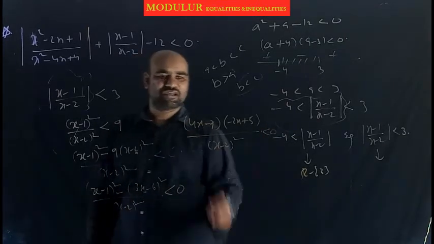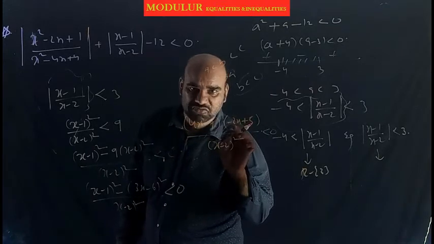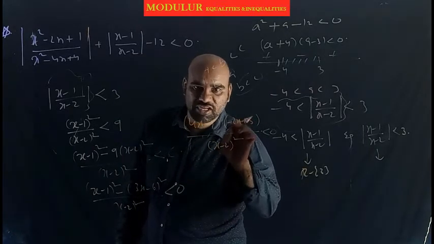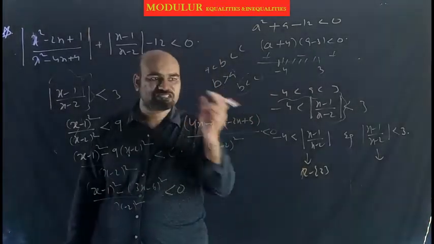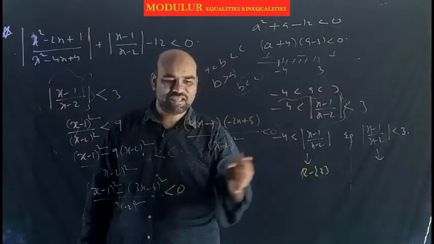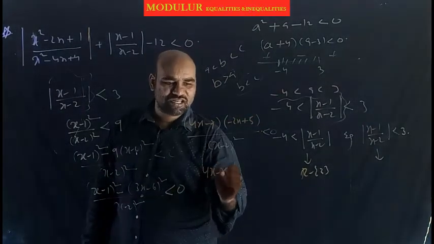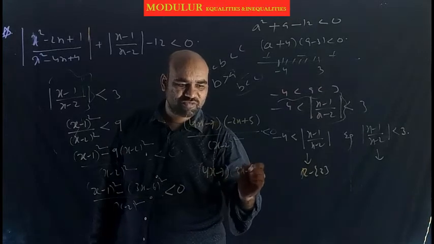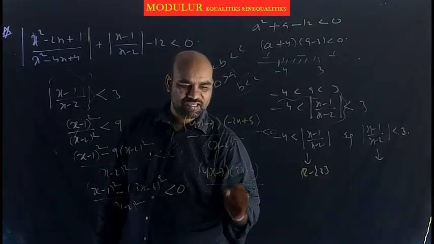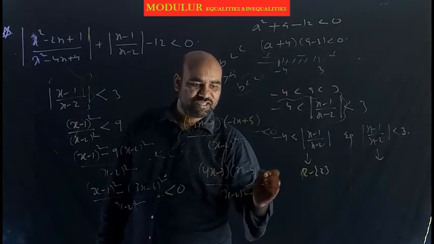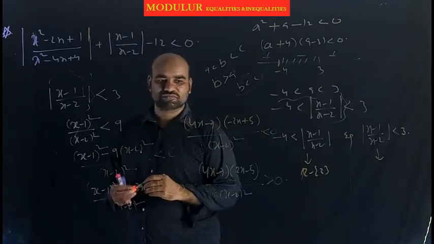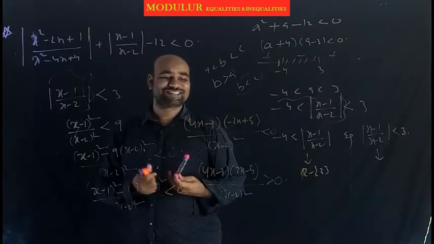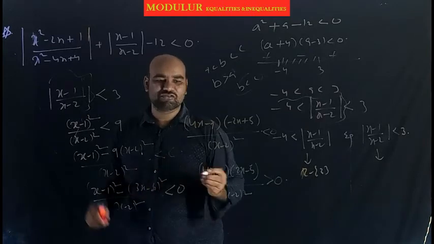Now, interesting step. A quotient positive, a quotient negative... the negative leading coefficient I don't like. I want to take minus 1 common from this bracket, and after that I will multiply. Directly we will get (4x minus 7) into (2x minus 5) by (x minus 2) whole square is greater than 0. Now I want to apply the sign scheme or wavy curve method to find the solution.